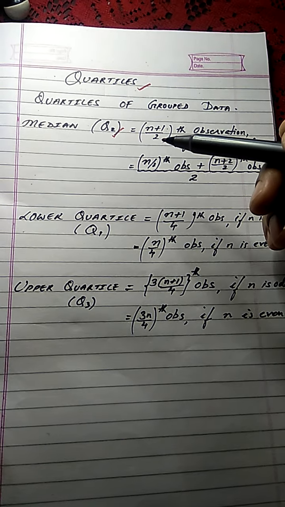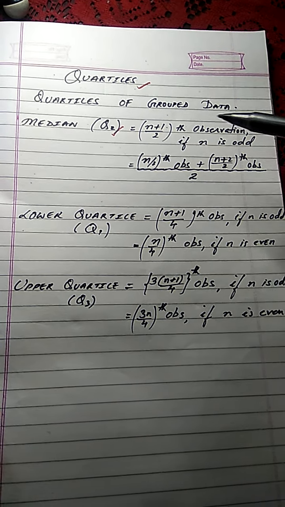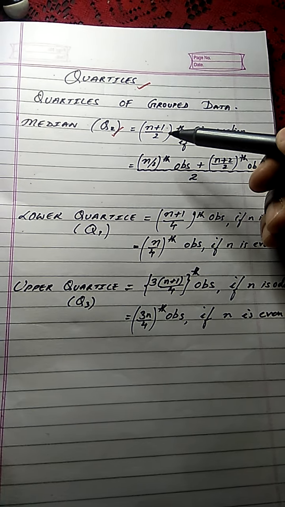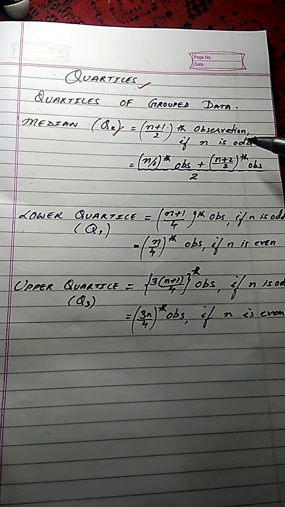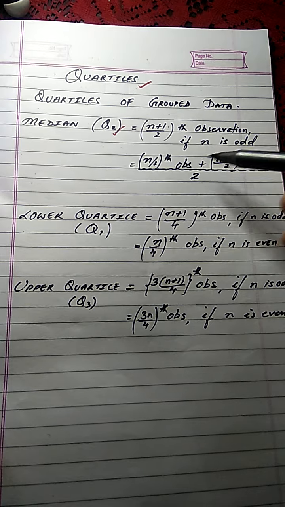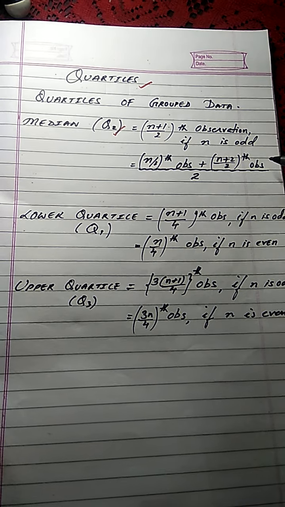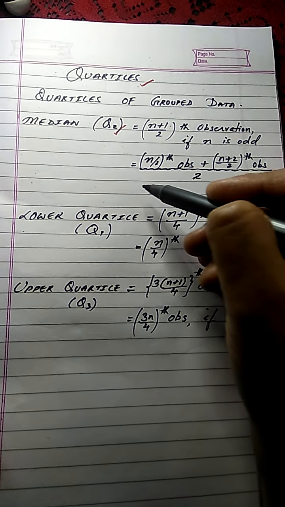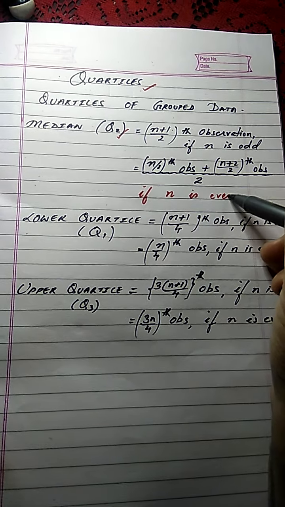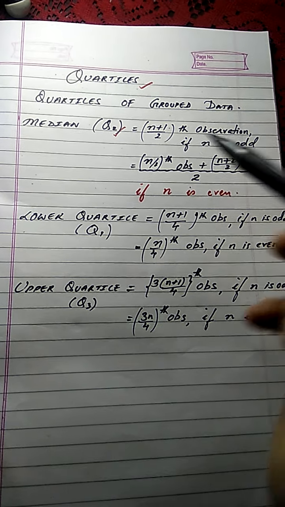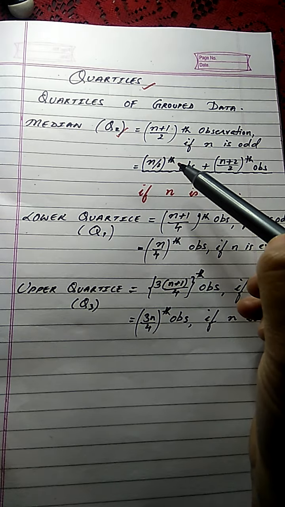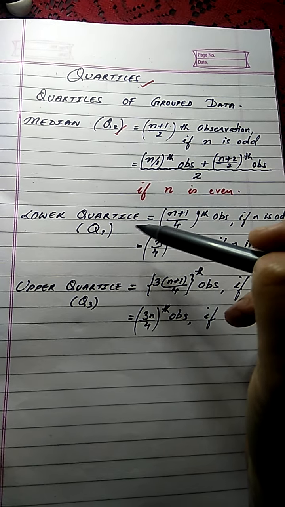We have already learned the formula to find the median, and I'm repeating the formula. The formula is (n plus 1) by 2th observation if n is odd, and (n by 2th observation plus (n plus 2) by 2th observation) divided by 2 if n is even. Now, since the median divides the whole data into two equal parts, the lower part can again be further